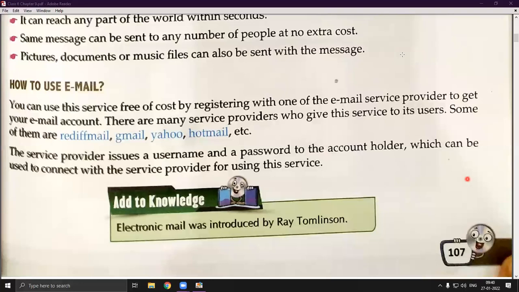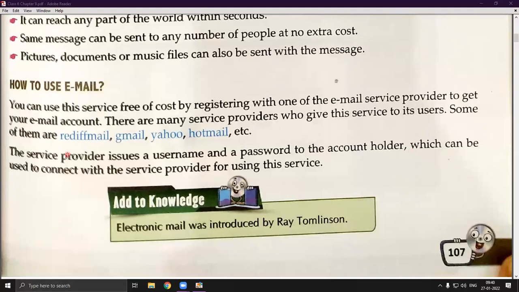So the domain name is not important. The important thing is which service provider, which server we are using for sending the mails. If we are using the Gmail service provider, then it will provide us a Gmail domain name. If we are using our own website, then it will provide our own website's domain. So that's how a domain name is assigned, right? Hope I'm clear to you, students. Please give your consent if I'm clear.